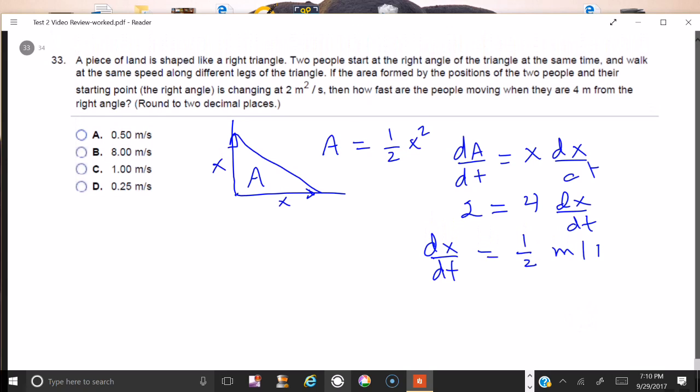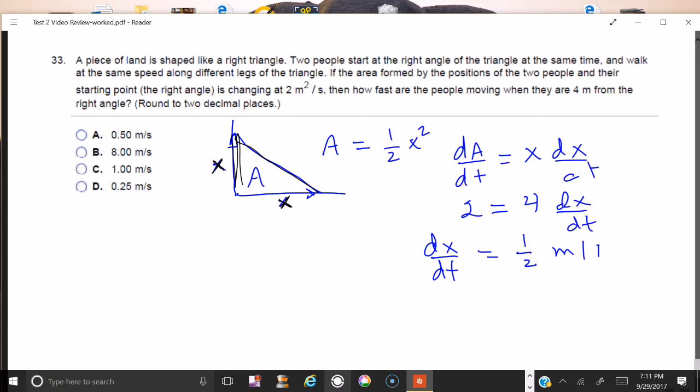A piece of land is shaped like a right triangle. Two people start at the right angle of the triangle at the same time and walk at the same speed along different legs. So here is a person walking. His distance is x. The other one is going at the same speed, so his distance from the start is x. One goes, say, to the north, the other goes to the east. And the triangle formed